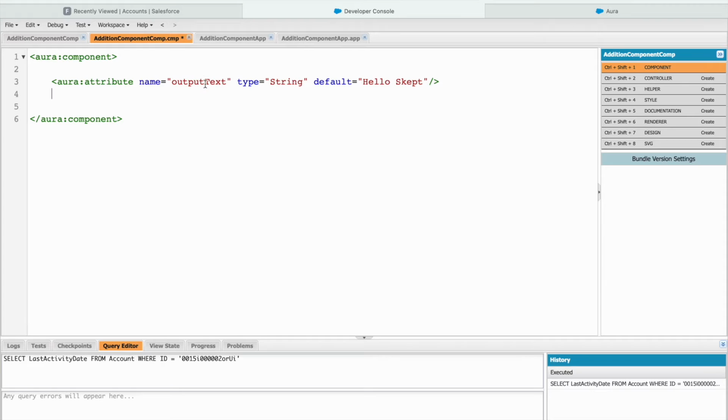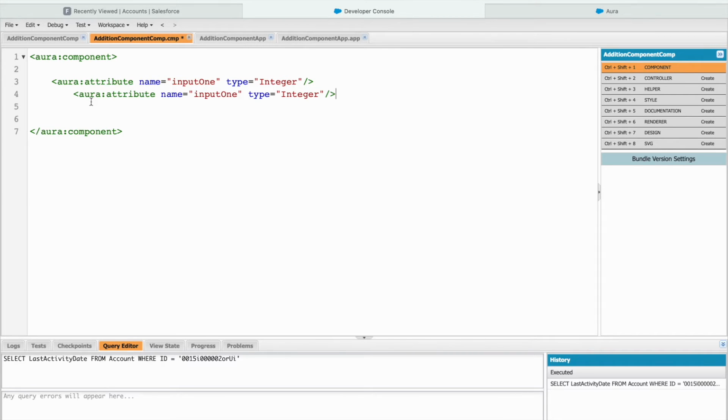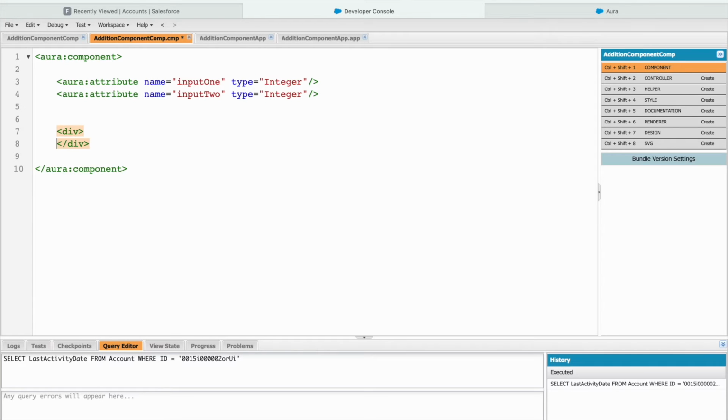So let's do this. I'll call this input 1 and I'll mark this as an integer, and default I'll leave empty, and I'll create one more, right? I want to create two attributes to show a simple addition, right? So I'll say input 2. All right, these are the two attributes that I've defined. You can consider them as variables, right? And now here I can simply say div